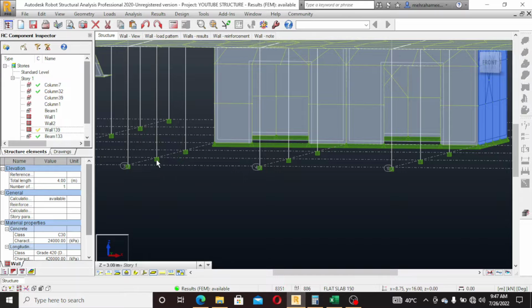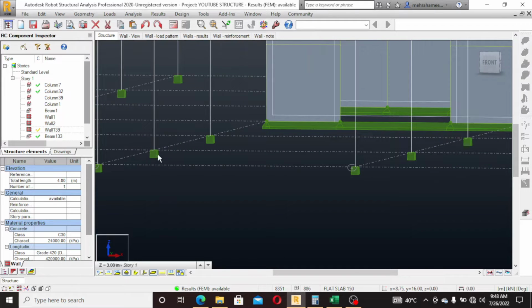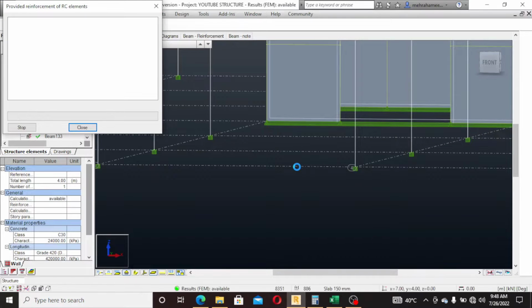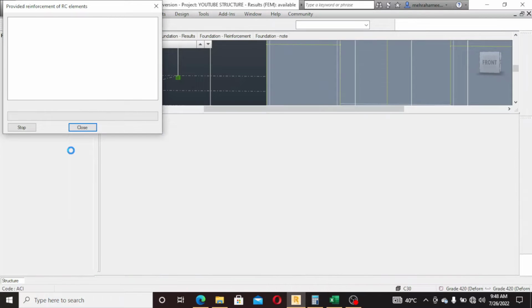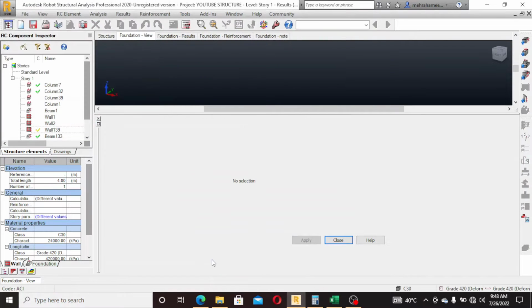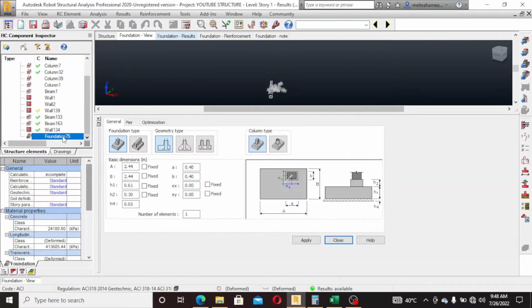Select this node, 75, and then calculate. Click on OK. Foundation view. Click on foundation view. So this time I will use it as a